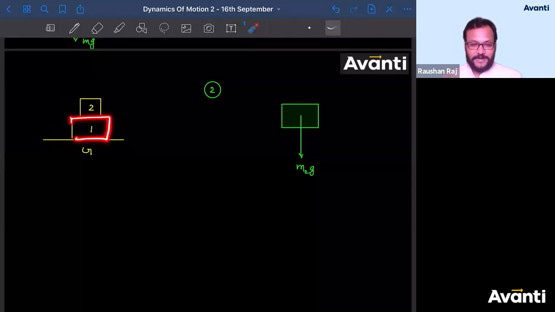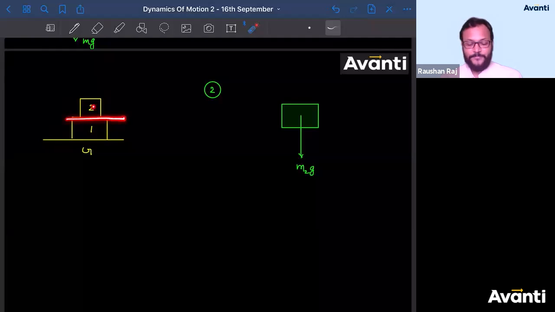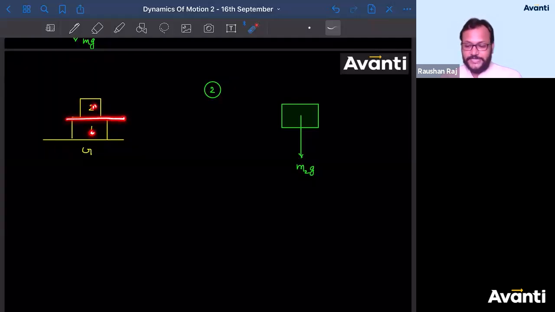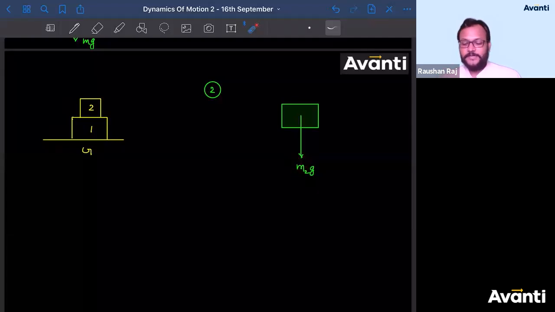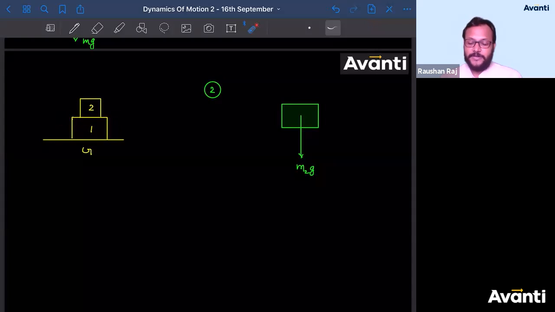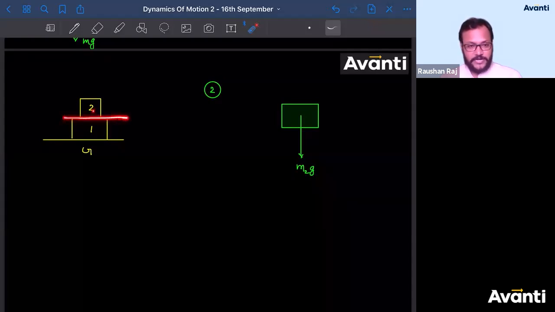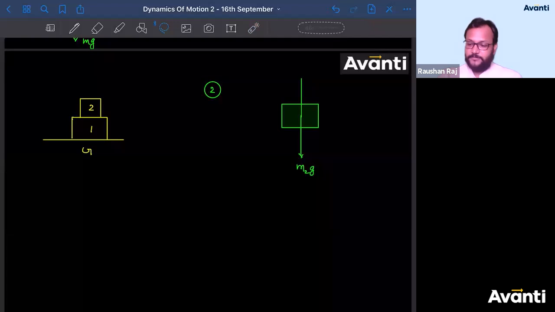Now block 2 has been kept on this. So the surface between 2 and 1, block 2 and 1, will oppose the tendency of motion in downward direction. How this opposition will occur? Block 2 wants to go down, but block 1 or the surface in contact will not let that happen. So what will happen? The surface in contact between 1 and 2 will apply an opposing force. तो ये क्या लगेगा बच्चा लोग? बोलेगा तुझे जाना है, कैसे जाओगे? मैं बीच में खड़ा हूं, तुझे टैक्स देना पड़ेगा, तेरे पास पैसे नहीं है, मैं नहीं जाने दूंगा.